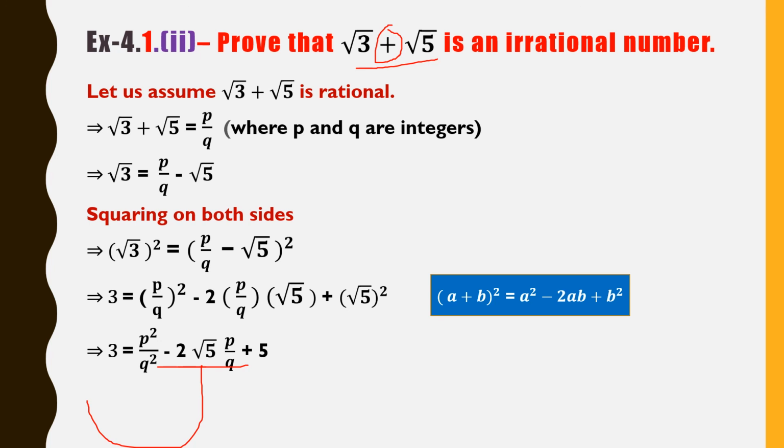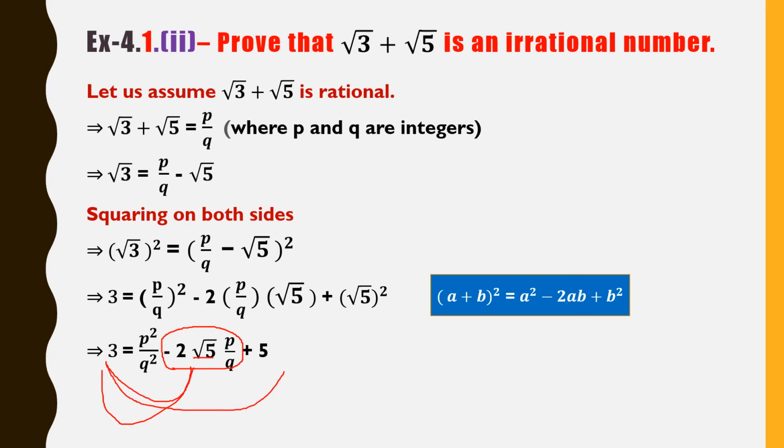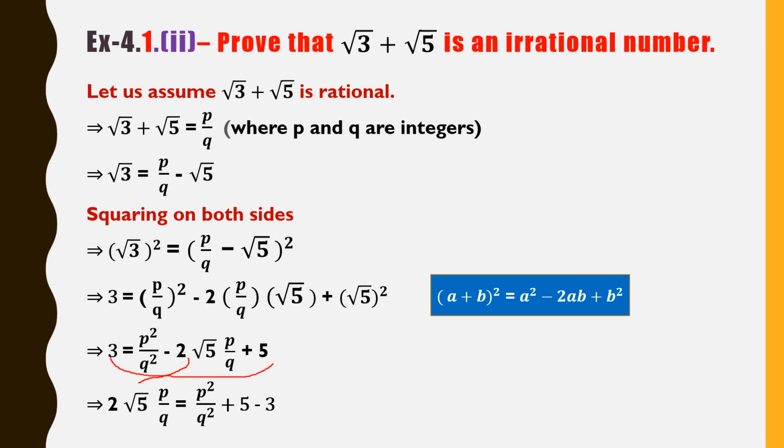Most of them will make the mistake here only. That's why I'm repeating again and again. So here it is in minus, but we want the root thing here, only the root thing is here, right? To make this root one in plus, I should send this one here. If I send this one here, then this 3 will go here, right? Step by step we'll do. This one I sent here, minus 3 became plus. When I sent it here, I'll send this 3 also here. This plus 3 will become minus 3. Simple. This one you shift here, it will become plus. This one 3, when it goes there, it will become minus.